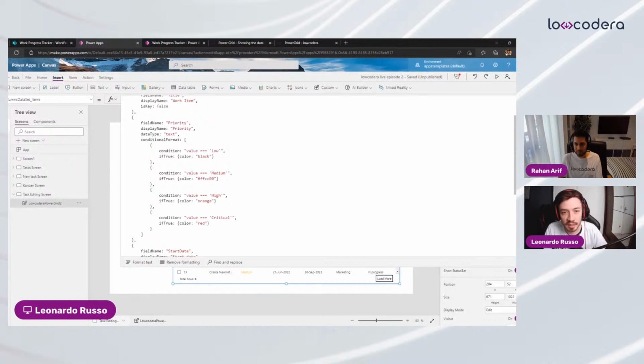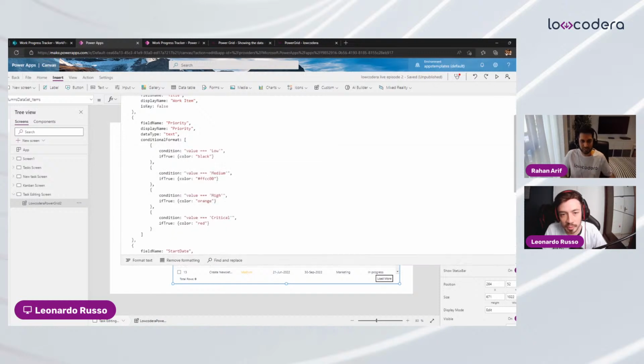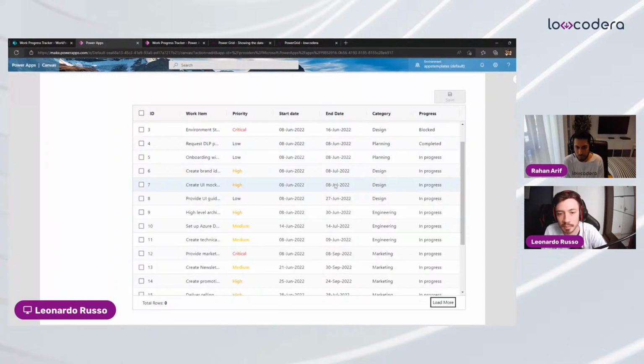Nice. And one more thing that maybe we can show here is we're doing this conditional formatting for the color of the font, right? But we couldn't use it for different formatting, right? Yeah, so let's just show people perhaps what that looks like at the moment if you go back to the grid, just so they get an appreciation of what it's actually plotting. So we are plotting task priority, and we're simply saying if it's medium, then amber, if it's critical, red, and I think you've even got black defined for a low priority at the moment,